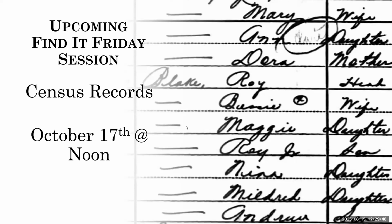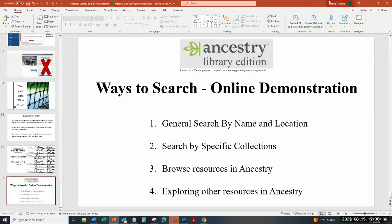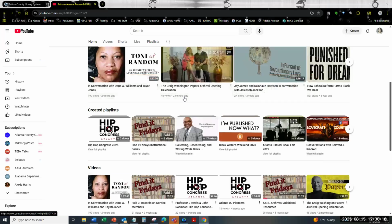We're going to do an online demonstration, and we're going to search by name and location. Then we're going to search by specific collections. We're going to show you how to browse resources in Ancestry as well as explore other resources that are available in Ancestry Library Edition. So I'm going to end this presentation and we're going to hop right over to